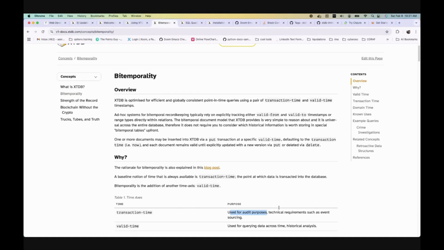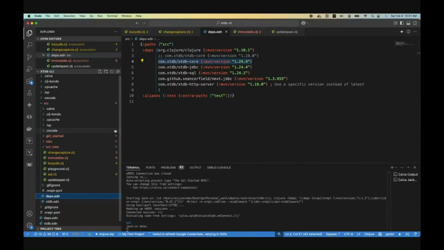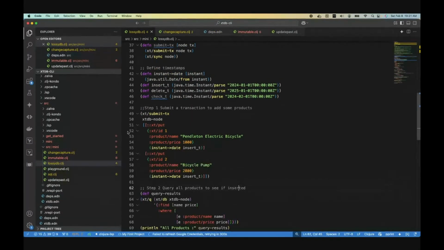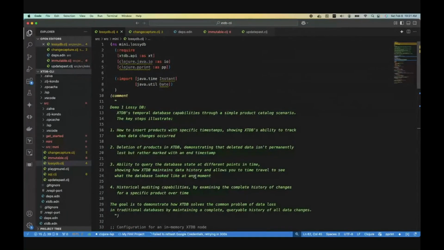I think it's going to be a little bit more clear when we start going through the code. So the first one that I want to talk about is this one. I already got that going, but